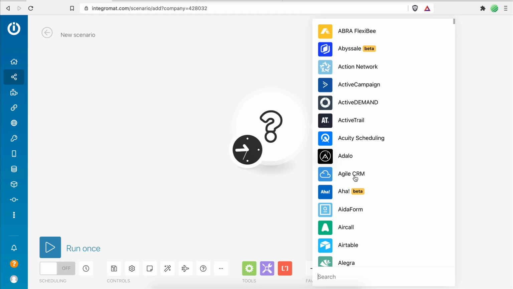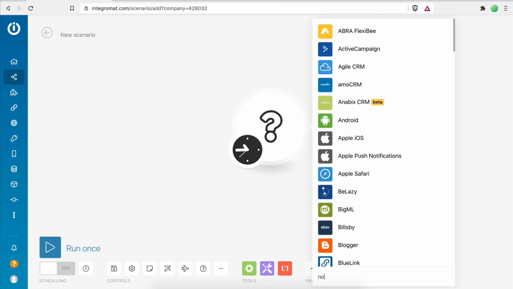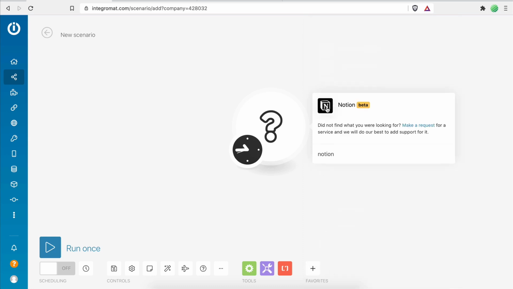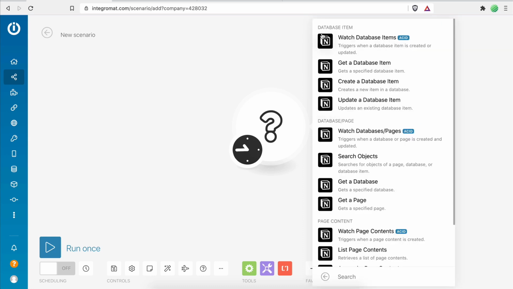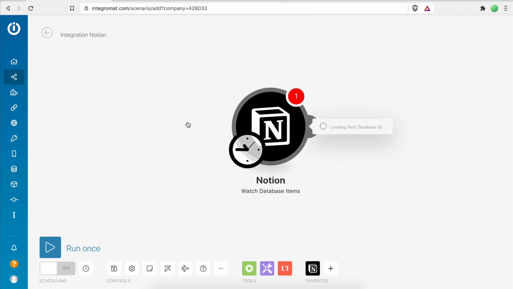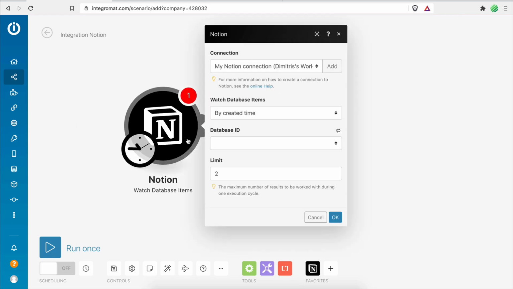So what I have to do here is add the Notion app. So I'm going to search for the Notion app. As you can see, there it is. I'm going to click on it. And then here are all the different modules that this Notion app has, or in other words, the different actions that I can perform with the Notion API, right? So I'm going to choose this Watch Database Items module right here, which will basically monitor my database for new changes. So I'm going to click on it to add it to my scenario, and this will load the configuration